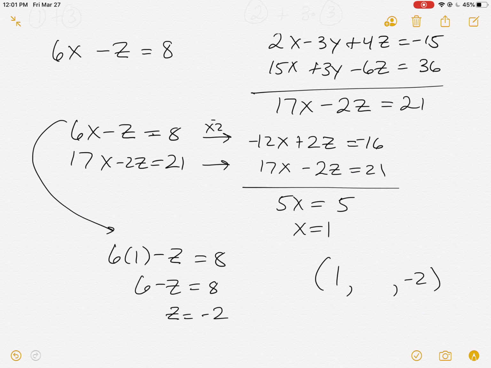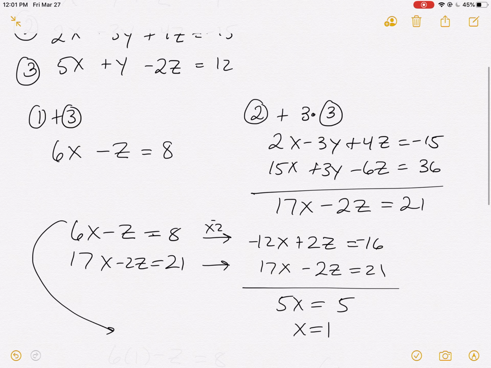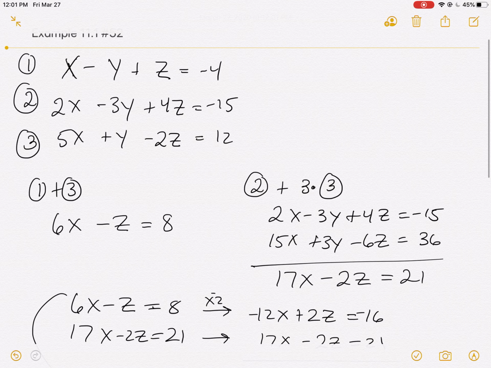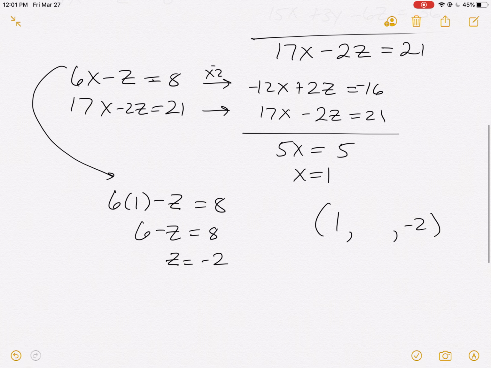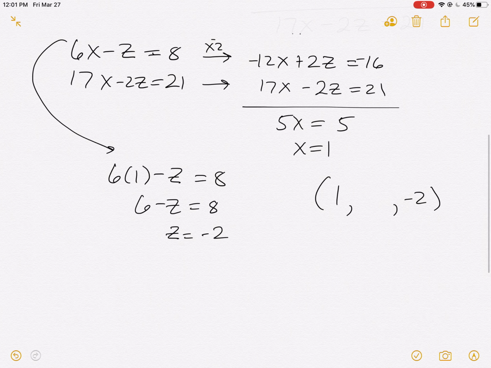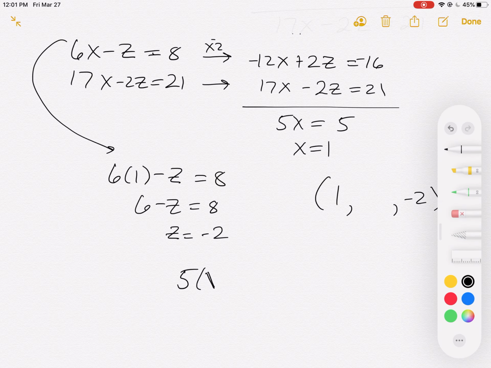I can go to any of the original equations to find out what y is. So let me scroll up to the original equations. Maybe I'll use that last one, the one where y is all by itself and positive. So I'm going to use the 5x. So that's 5. I was going to write x again, so let me erase that. So that's 5